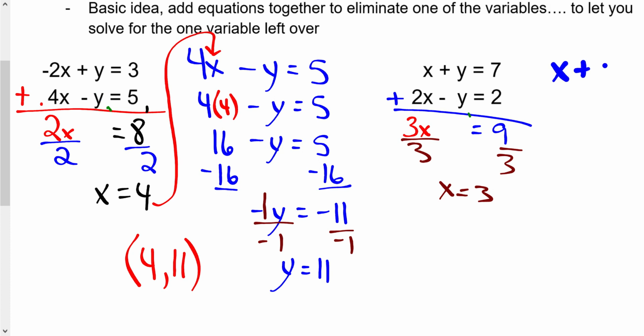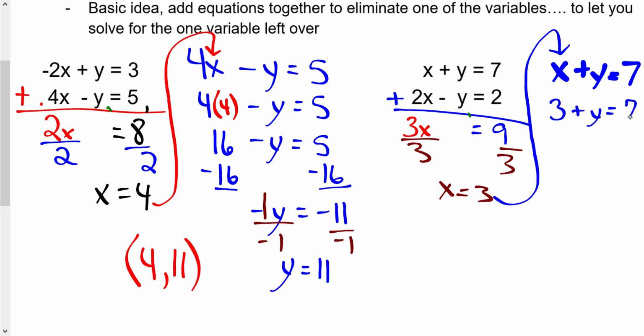Look, x plus y equals what? 7. 3 plus y equals what? 7. 3 plus what equals 7, guys? 4. But I mean, look, if you want to see, it's right there. Y equals what? 4. Now, if you don't mind, I would like to just for a second here. That's the notes I would like you to have right here. Is probably that one. But I want to prove to you that it really does not matter which equation we